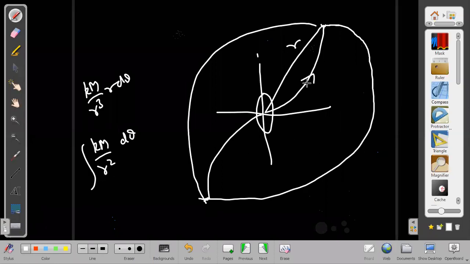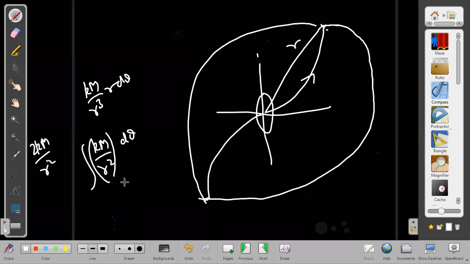Yes, sir. Then if I take d theta and integrate it from here to here, what do we get? Now this thing also varies. It is not always the same. We know it varies from km by r square to 2km by r square. I know that. But otherwise also we are trying to guess what this result will give us.